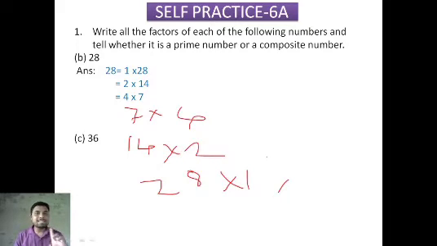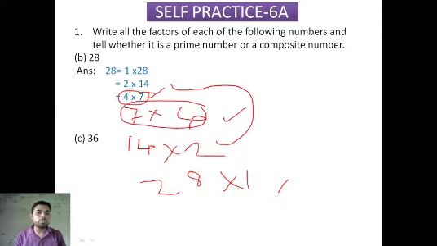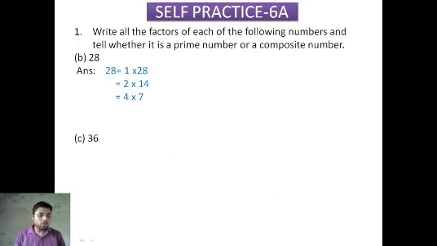So please listen here carefully. Look, here 4 into 7 and here 7 into 4. Same or different? Same. So when you get these two numbers the same, 4 7 and here 7 4, stop. Don't write, because whatever you will get next you have already written. Look here, 2 into 14, 14 into 2, 1 into 28 and 28 into 1, all are the same. So don't write when you get the same.